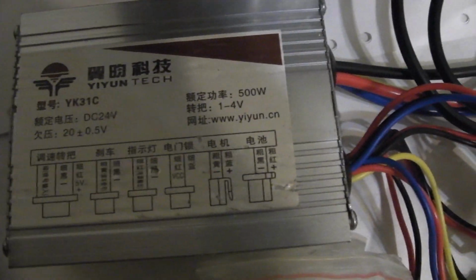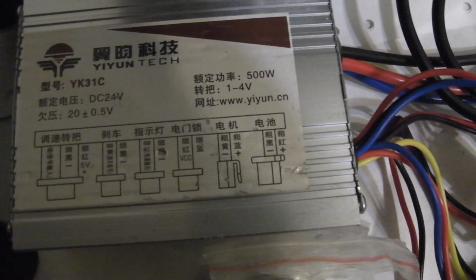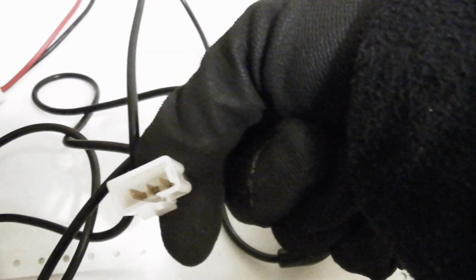using a small speed controller such as this made in China and a spring-loaded hand controlled throttle here hooked up to the motor through this simple 3-wire connector,